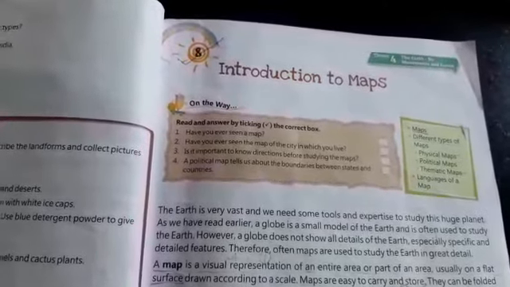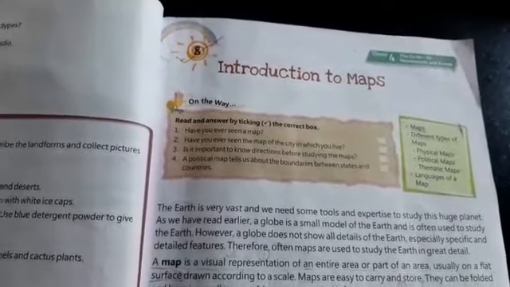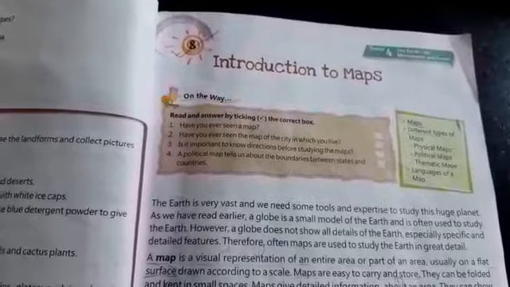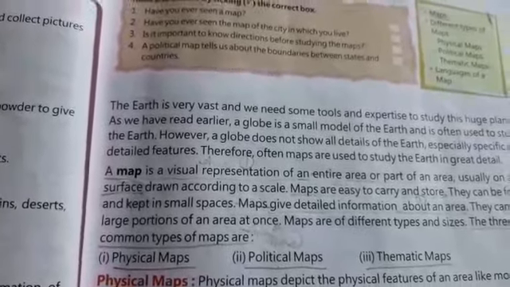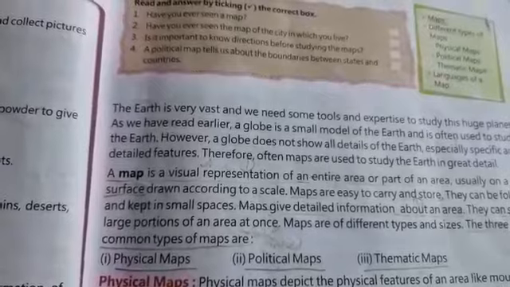A globe can be useful when we want to study the earth as a whole. But when we study only a part of the earth, such as our country India, states, districts, towns and villages, it is of little help. So globe does not show all details of the earth. In such a situation we use map. So map gives more detailed information than globe.